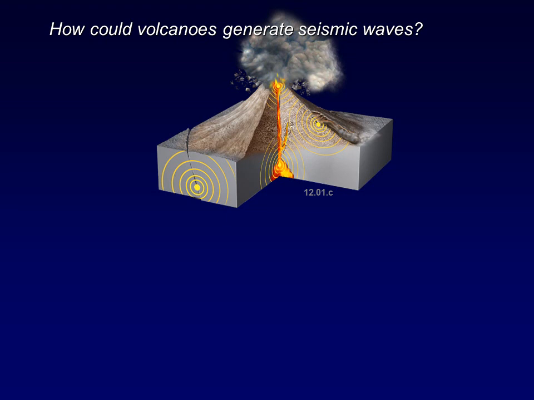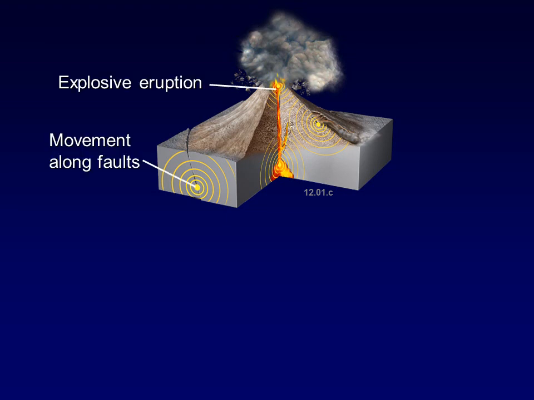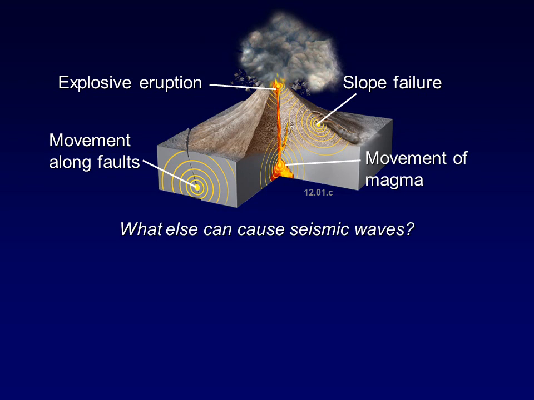The next image is this volcano, and that's what we're going to talk about right here. So volcanic eruption, movement along faults, slope failure or landslides, and movement of magma can cause